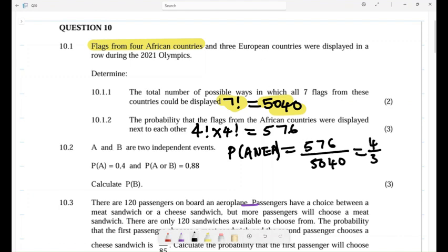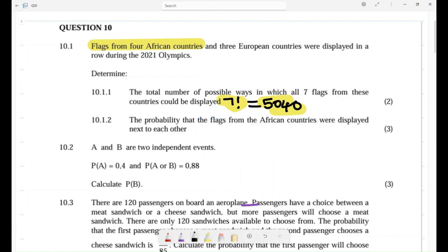You can leave it like this, or you can say it is 0.1111%. Okay, yes, this is me answering the question. All right, I believe you are following. Let's move on to